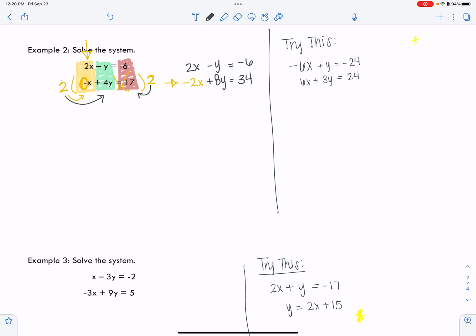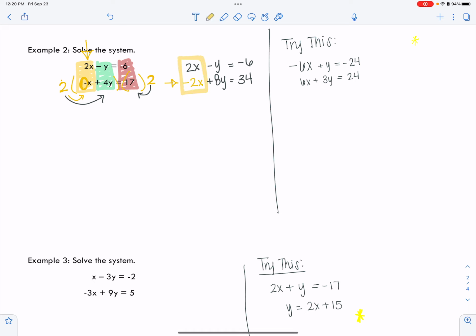Okay, now if I have multiplied correctly, then the coefficients of the variables I'm canceling will be equal but opposite. So equal numbers but opposite signs. So 2 and -2. And so that's good. That means I've done it right. All right, so I'm going to go to